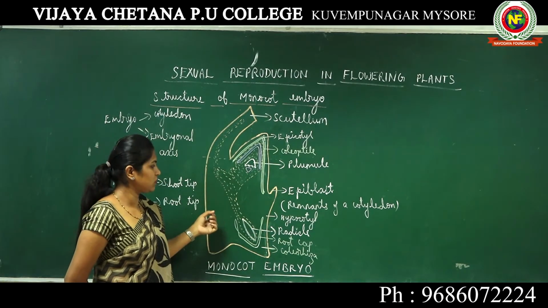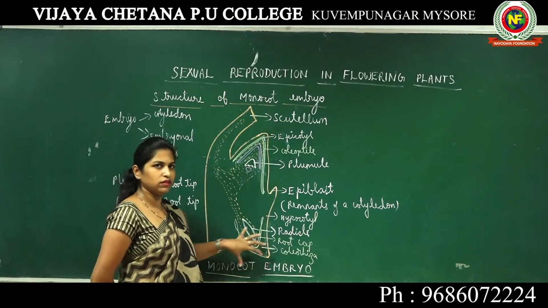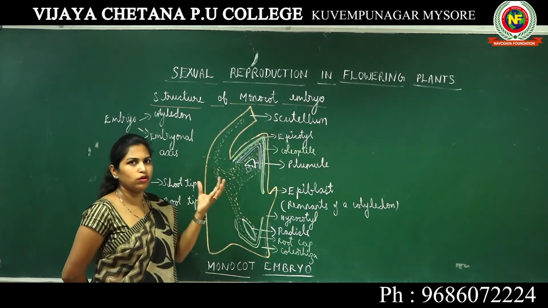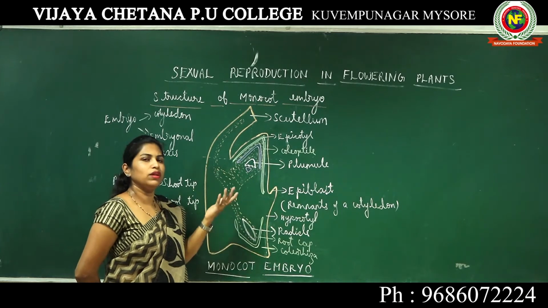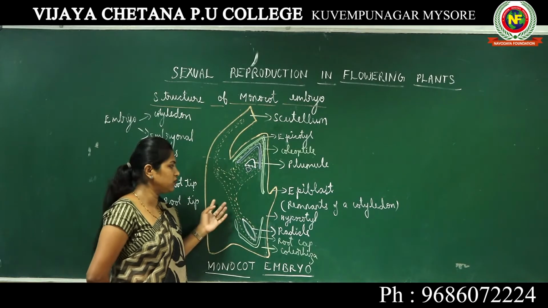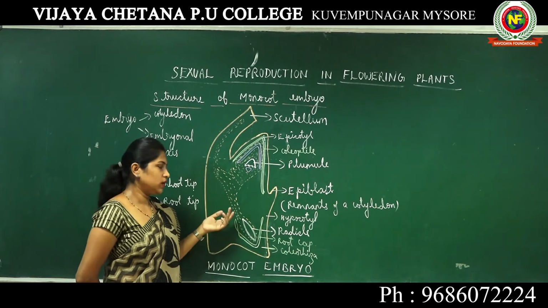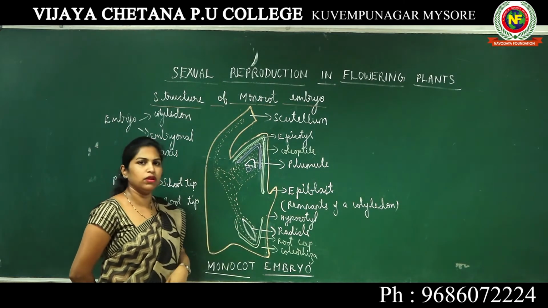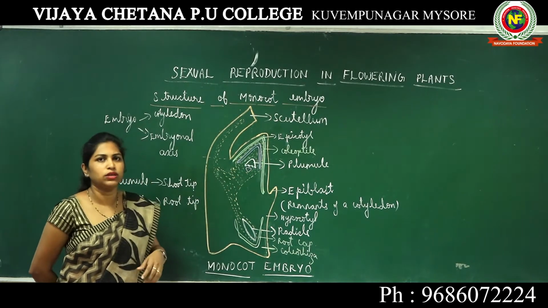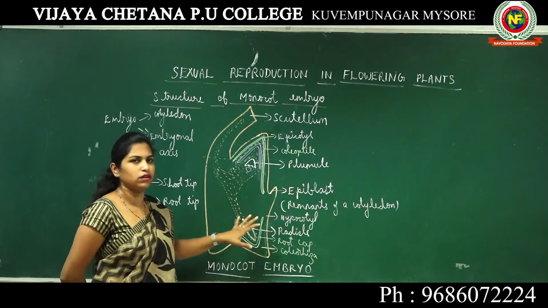I hope this structure is clear to you. Now you should know that this embryo is present inside a monocot seed, because it's a monocot embryo. When given proper favorable conditions, the seed germinates and this embryo gives rise to a new plant, whereas plumule will develop into shoot and the radicle will develop into root. Here in the violet color I have mentioned the leaf primordia structures. There is nothing to get confused. I hope this diagram is clear to you.